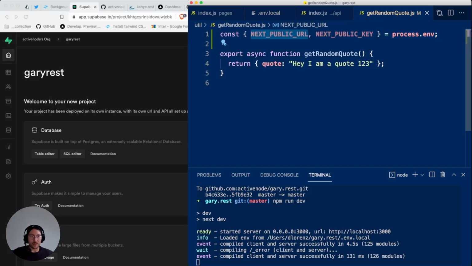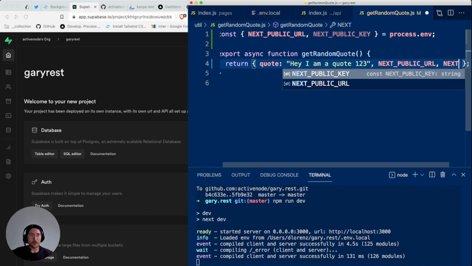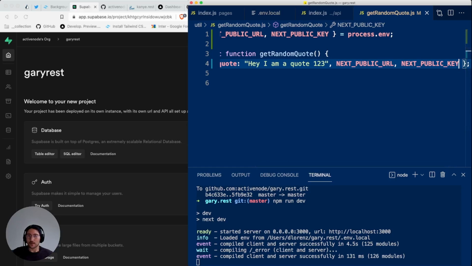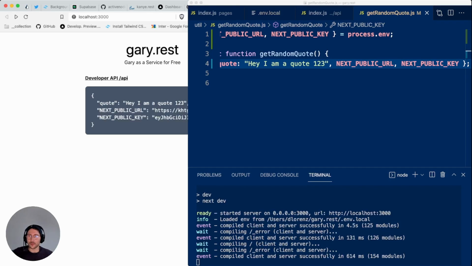Then let's just simply add it to the object to see that it's being properly processed. The key and the URL. And let's see the output. Yeah, so those are being read properly.